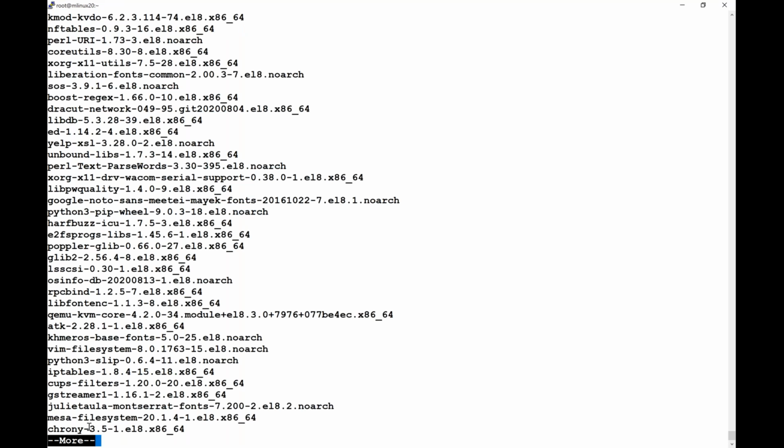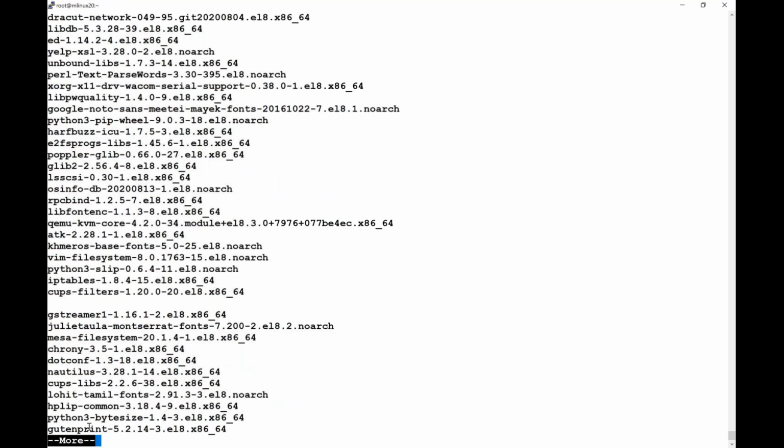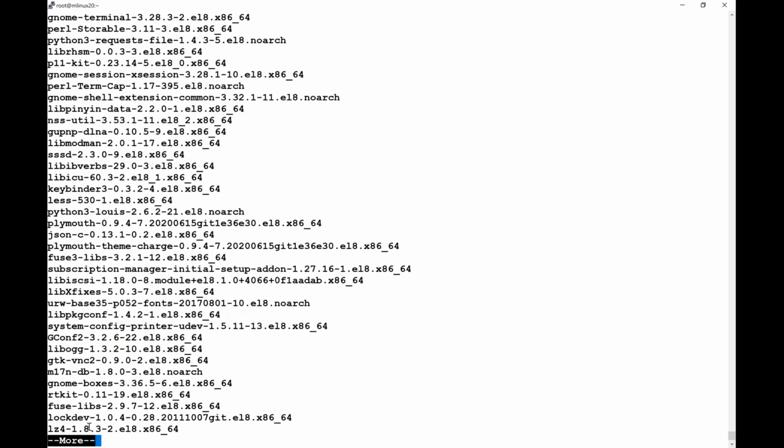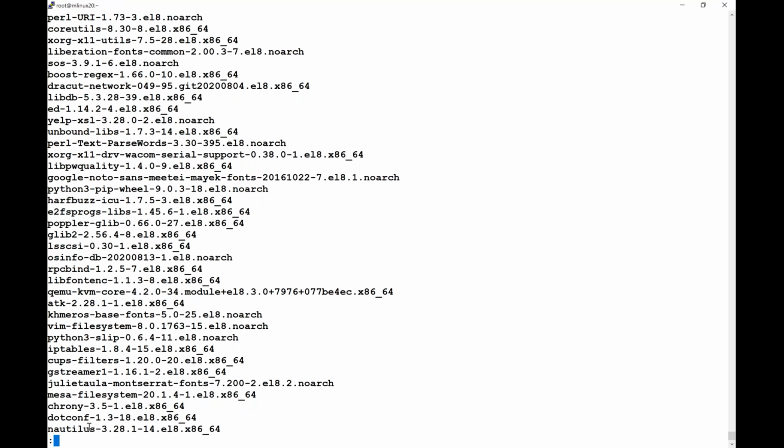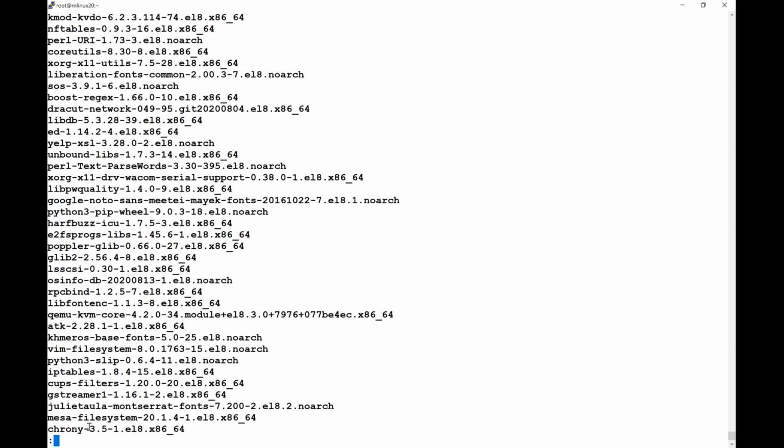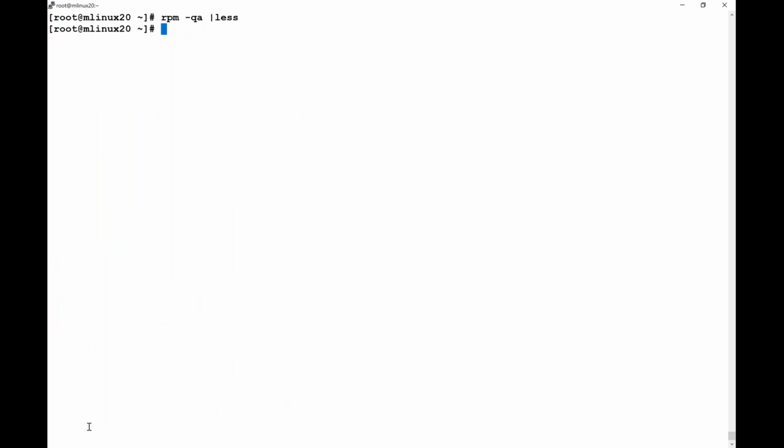Now you can see line by line, page by page, however you want, you can read it. So either you can use more or you can use less. Both will give you similar information. Fine. So this is the way you can stop the output and read page by page or line by line